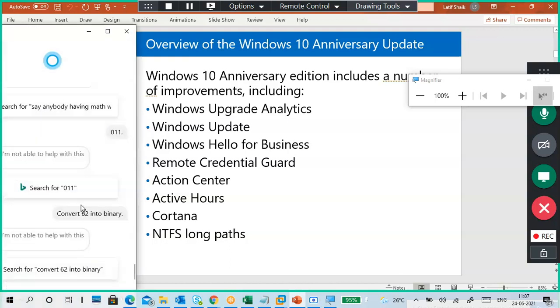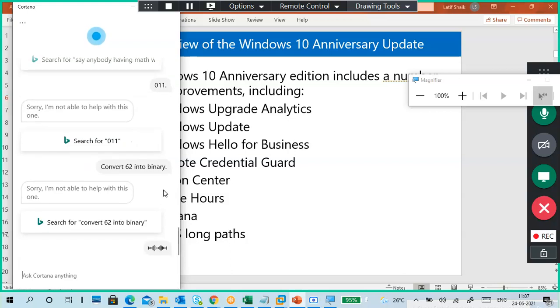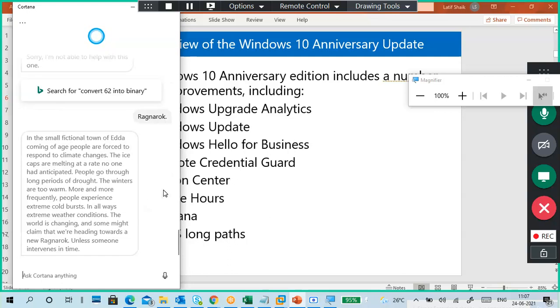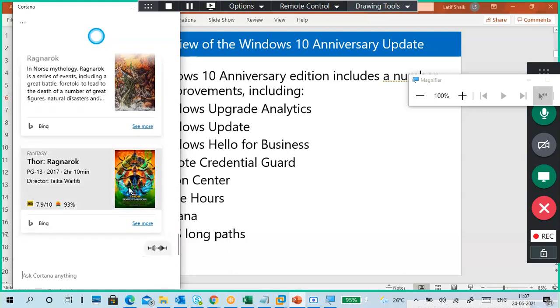But you can search for a person, or maybe, I think so. So I will try Ragnarok.